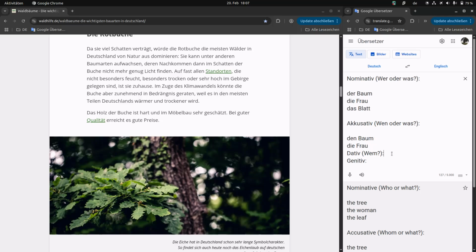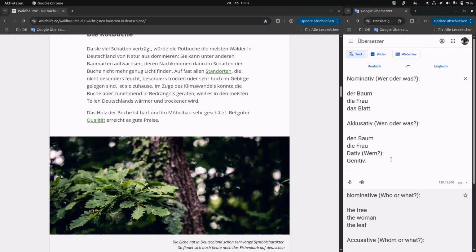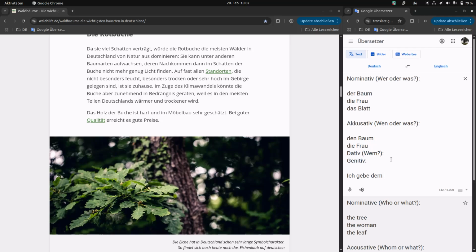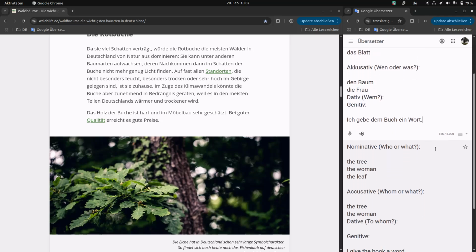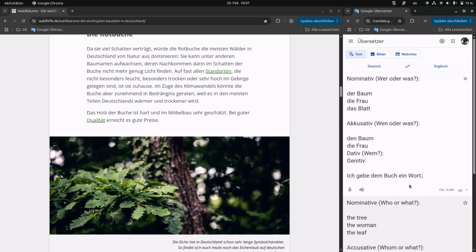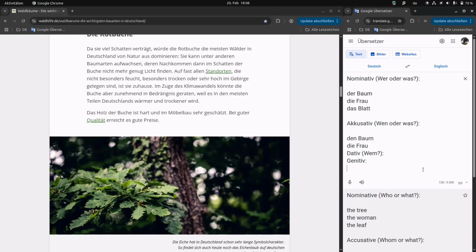ein Wort. I mean, it sounds pretty literal. Ich gebe dem Buch ein Wort. It's kind of not really a sentence, but it does make sense, and you get what I mean. Just because it's an object: I give the book a word. So, and genitive is wessen, which can be more complicated for non-German speakers who don't